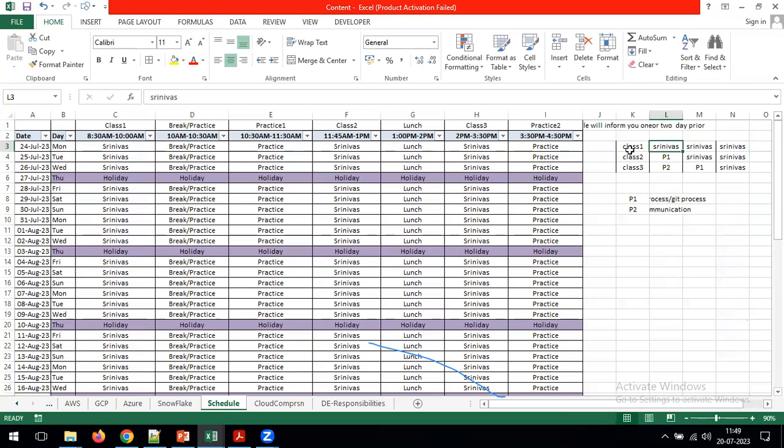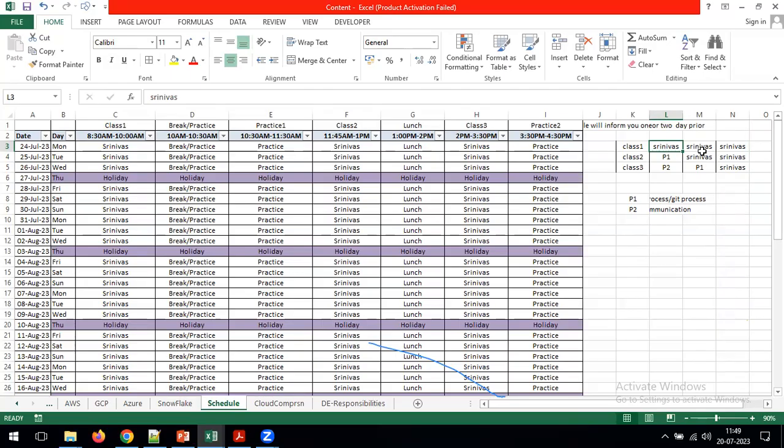Because if I'm not sharing this information now itself, after a few days people raise the concern, saying, sir, taking only 1 class. Initially he mentioned 3 classes, but he is taking only 1 class every day. Such kind of concerns we saw from the people and students. That's the reason I am clearly informing today itself.